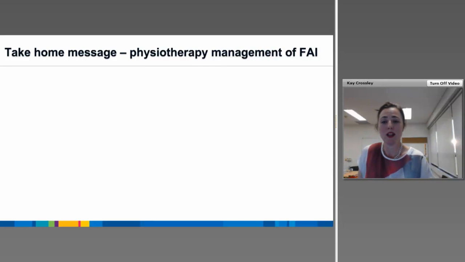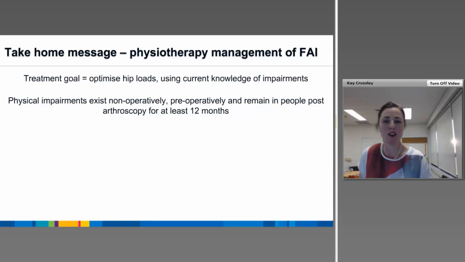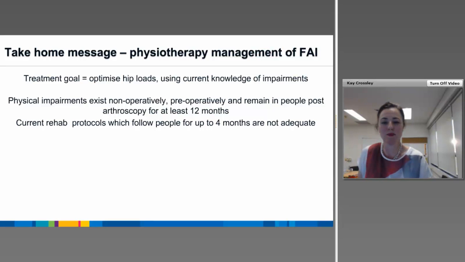So our take-home message for physiotherapy management of FAI is that our treatment goal is to optimise hip joint load using the best knowledge that we have to date of impairments. We need to remember that physical impairments exist non-operatively, pre-operatively, and remain there in people post-operatively for at least 12 months. Current rehab programs which are published at the moment tend to follow people for up to 4 months, and this is probably not long enough. Our studies have shown that patients have physical impairments for up to 2 years after surgery,